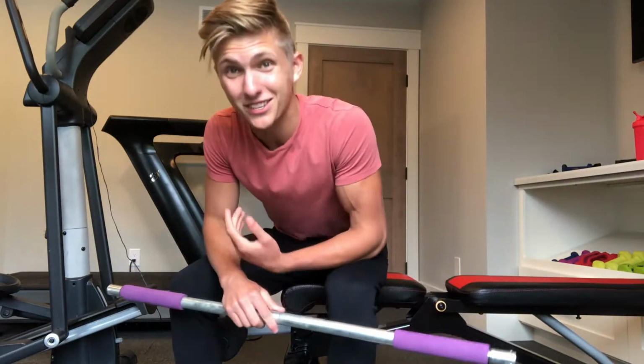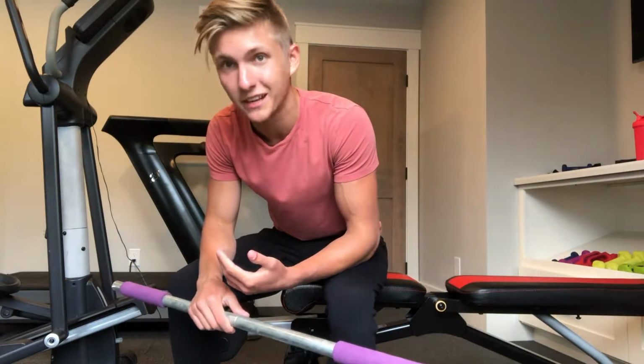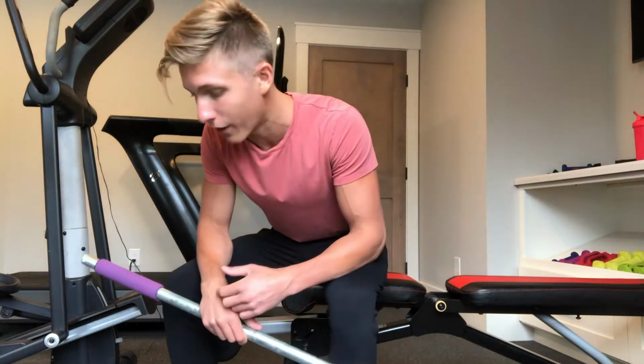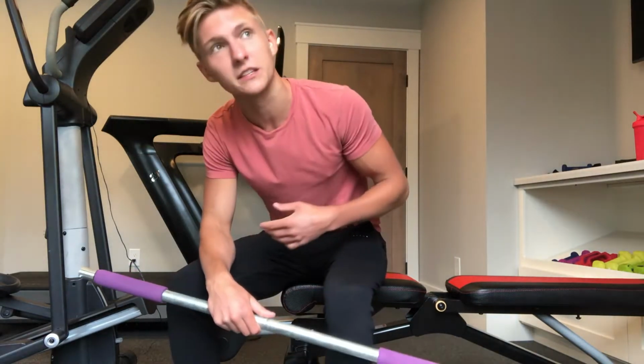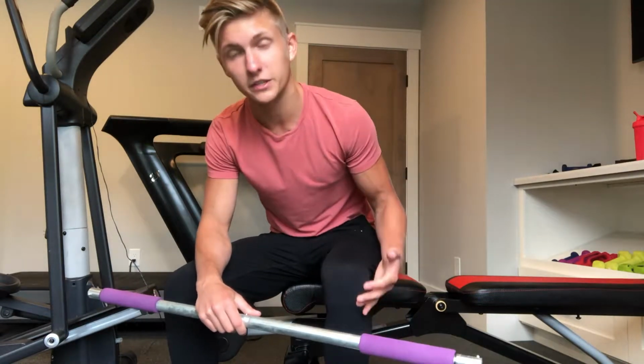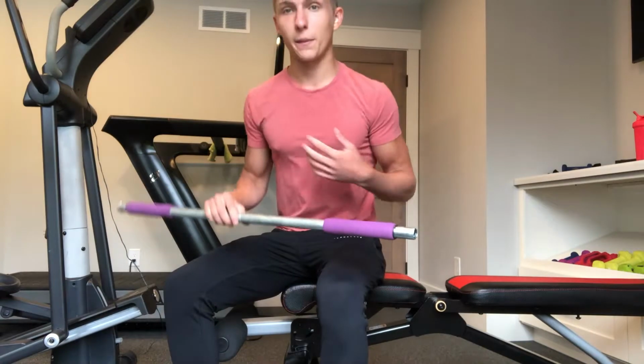Alright, so now that everything is all set up, the next thing is we're going to be getting into the movement itself. The first thing I like to look at before I get into the movement is my foot placement, because the bench is a compound movement. You're literally driving through your entire body, starting from your feet all the way up into the main muscle group,